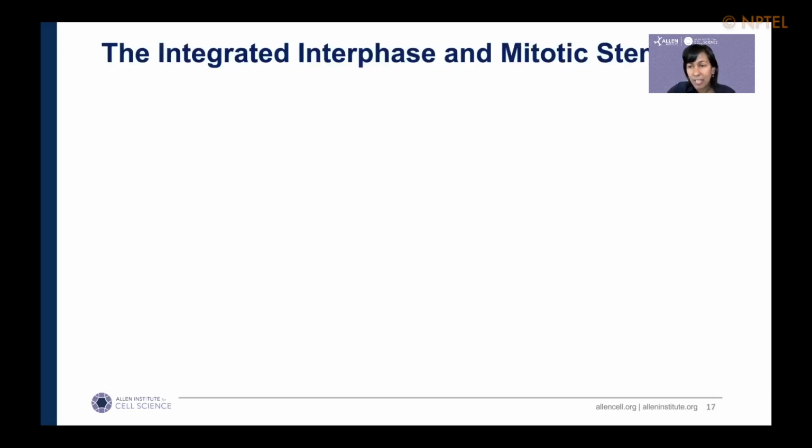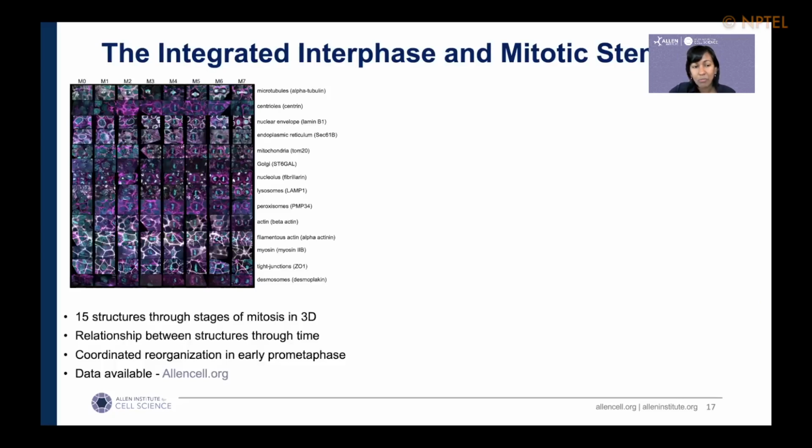I'll give you 2 examples. Again, we are at the beginning of really analyzing this data and gathering insight. One is, very excitingly, we can compare what the different structures do at the same time in the cell cycle. On the left here, this is just mitosis separated out into various categories based on what the DNA looks like. And now we can ask, what's the Golgi doing and what's the ER doing and how